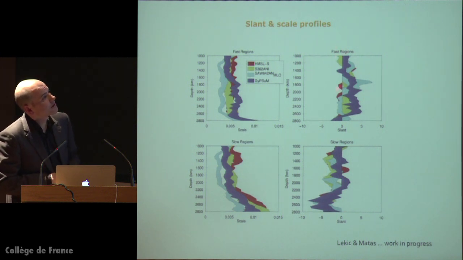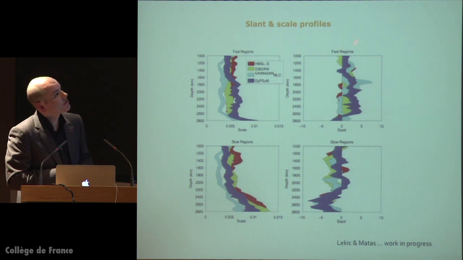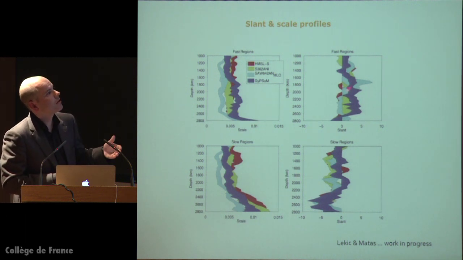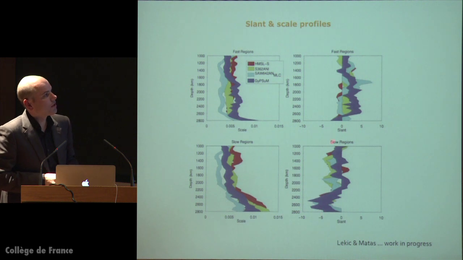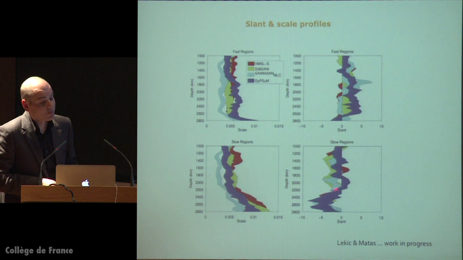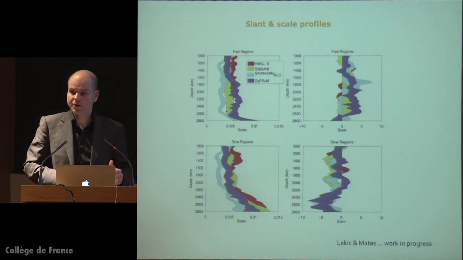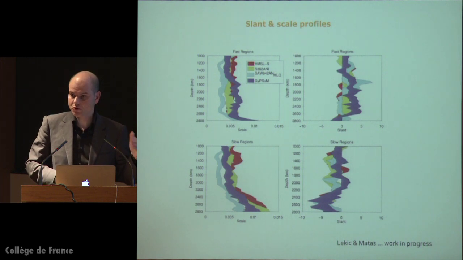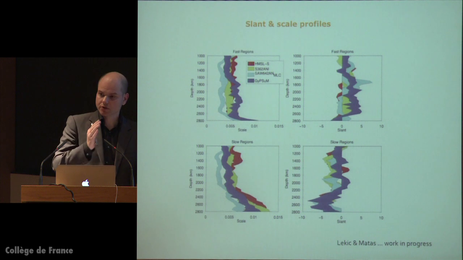You see that in the fast region, depending on the tomographic model we use, it remains more or less close to 0. In the case of the slow regions, we see that in the bottom of the mantle, all the models agree that there is a negative skewness. So all the models are skewed towards slower